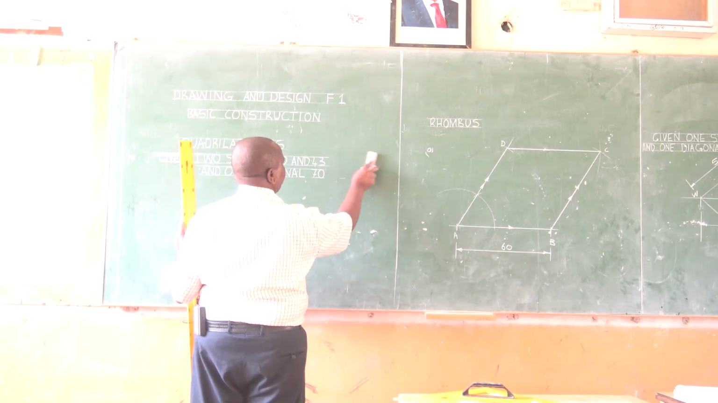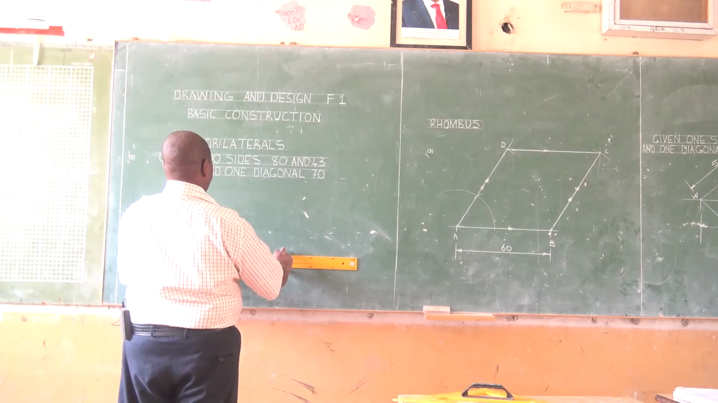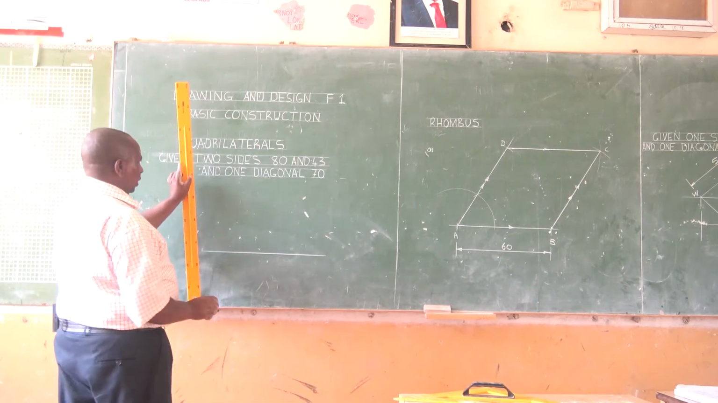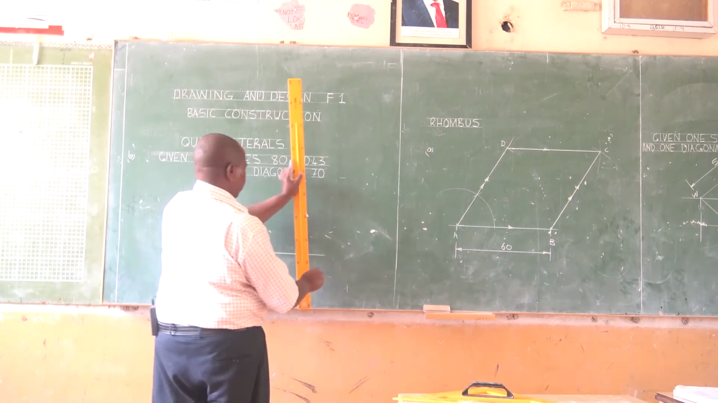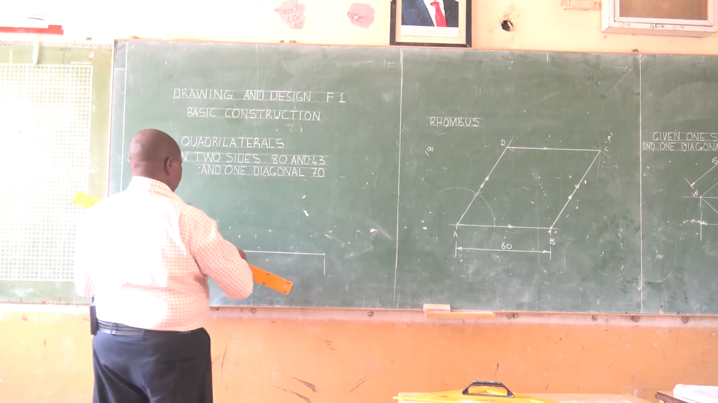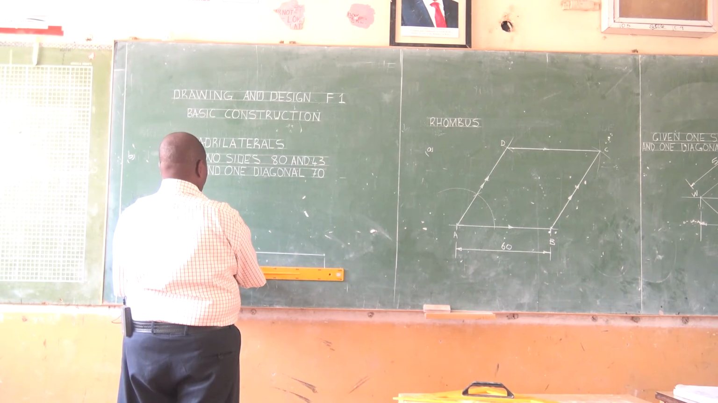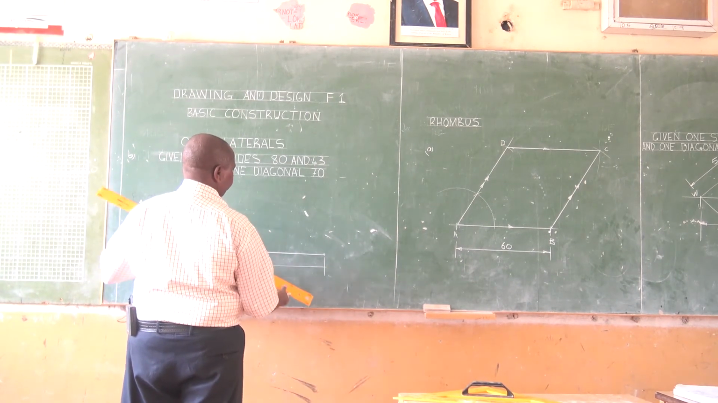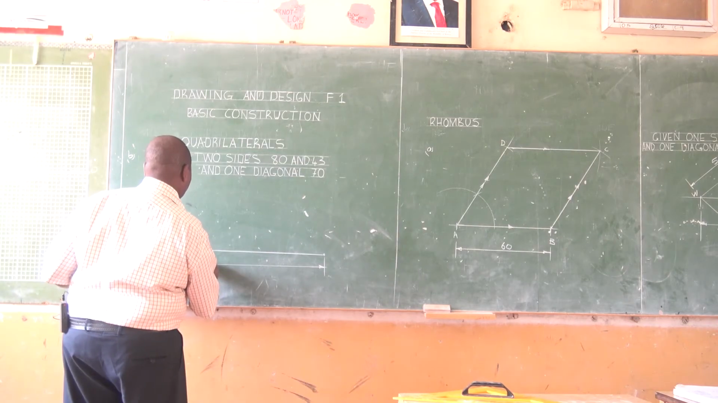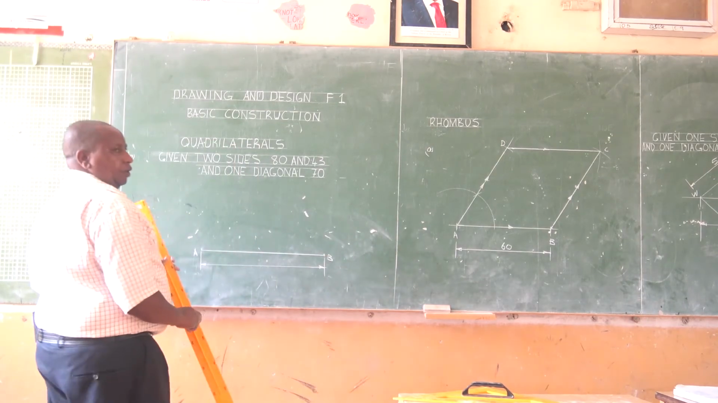Say you are given 43 and the 80, and then you're given 70 millimeters. So draw once again the original line at 80 millimeters. This is our A and B. If that is 80 millimeters,